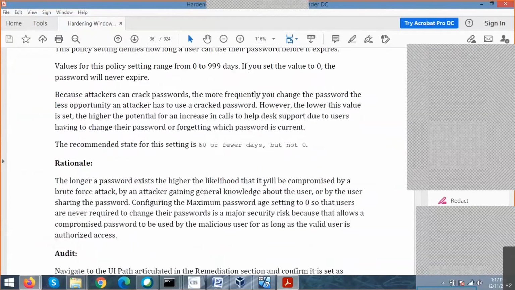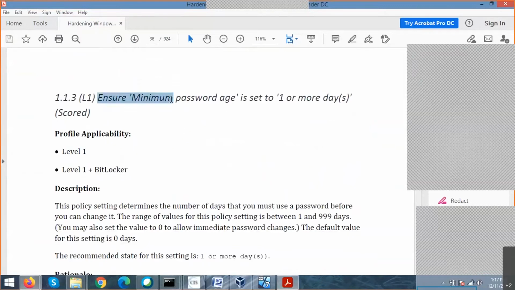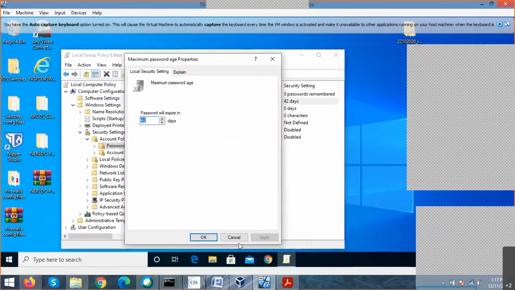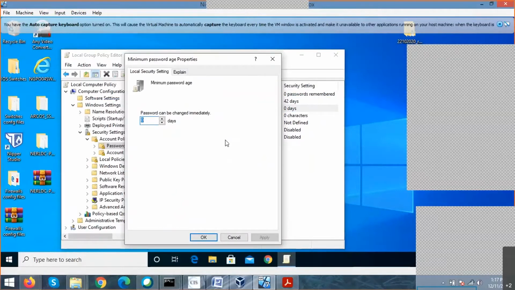Okay. So then coming to the next point, ensure minimum password age is set to 1 or more days. Go to the tool, minimum password age. What is the minimum password age in my case? Whether the compliance is fail or pass? Fail.